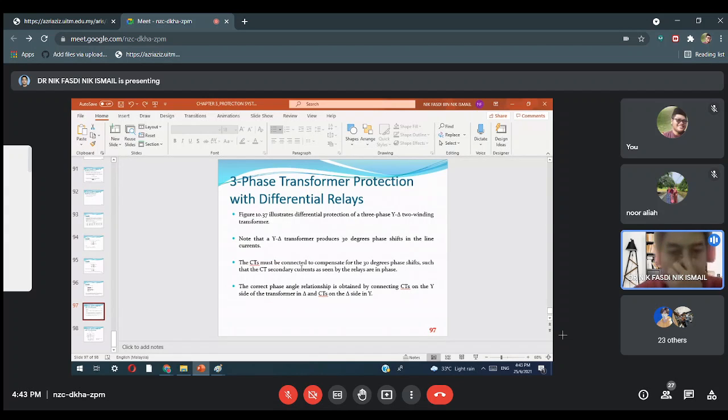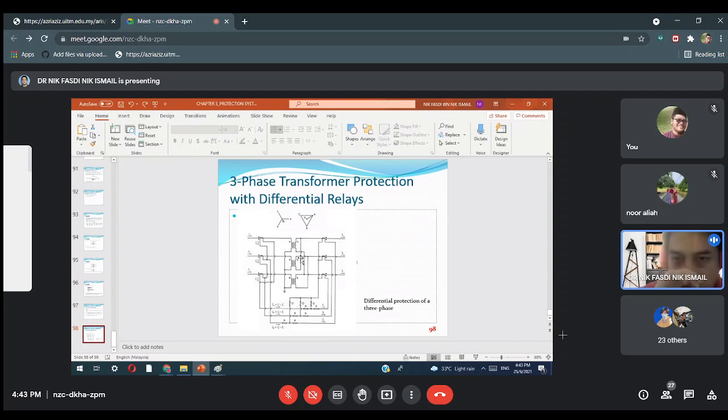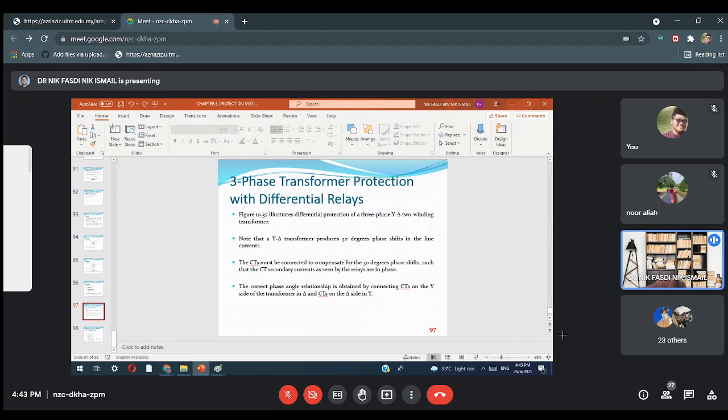So the CT must be connected to compensate the 30 degrees phase shift such that the CT secondary current as seen by relay are in phase. Isu dia gini, kalau Y delta connection for three phase ni, basically dia akan ada phase shift. So cerita nanti untuk current transformer dia kena has a different connection with the transformer. Dalam ni pun dia ada explain kat sini. In order to make all the current are in phase, the correct phase angle relationship is obtained by connecting CTs